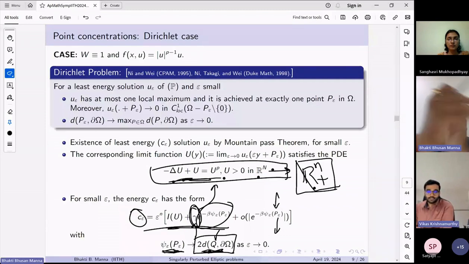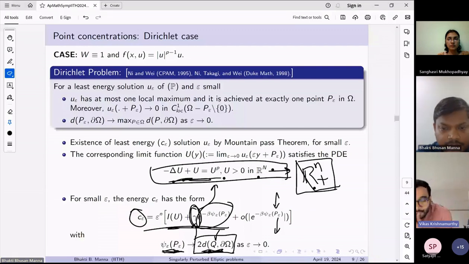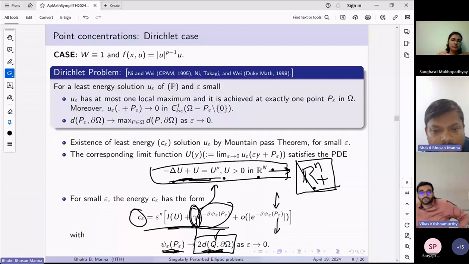Okay. One more question I wanted to ask is, the equation that you get for this capital U in this limit, is it always of this form, like U to the power p minus that? I said no. So it depends upon, see, once you,